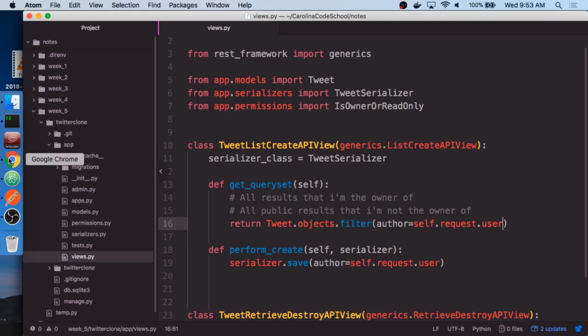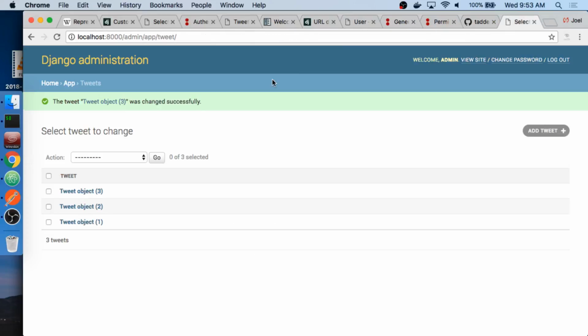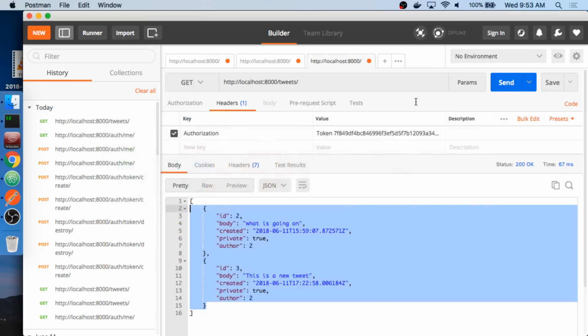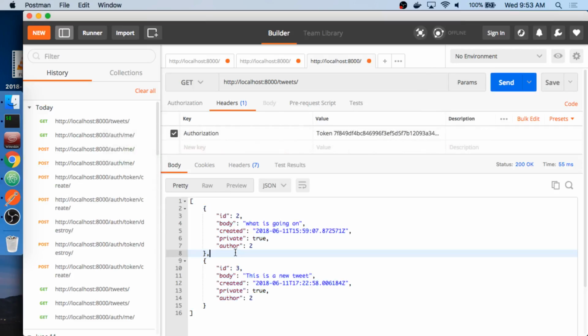Unfortunately, it kind of did the right thing, but it was not the right thing. Let me go to this admin one marked as not private, because now we can see that the other side of it still isn't working. I have a public tweet from another user that we're not seeing. So I see these two that I have marked as private. Doesn't matter though because I see all of the ones that I created. And then I have a public tweet from another user that I can't see. So I want to see that.